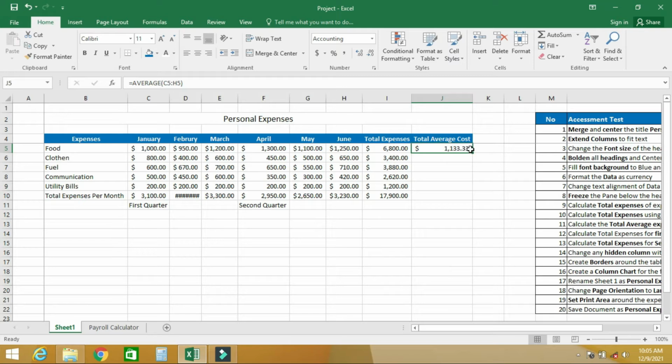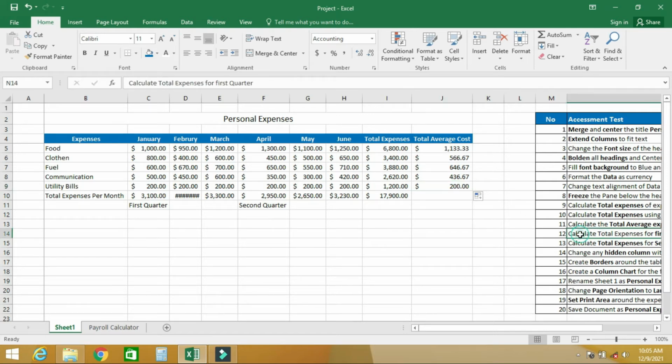So this is the average expenditure for food between January to June. You can just scroll down to get the average spending. Right, C9 through to H9. All right, so question 11 is